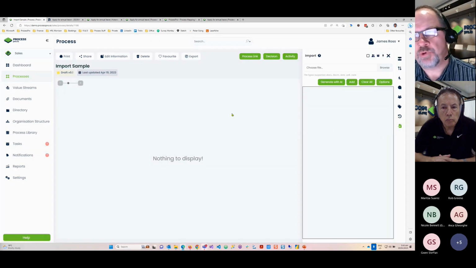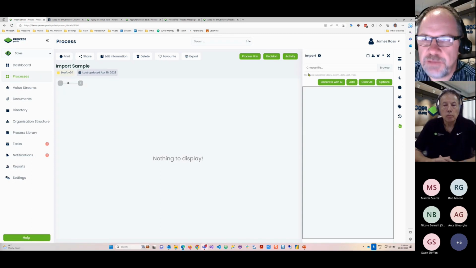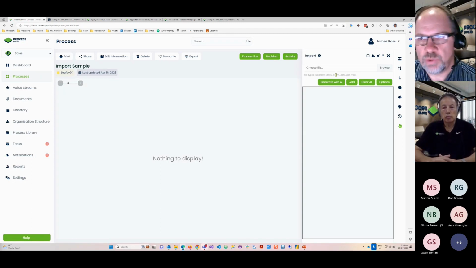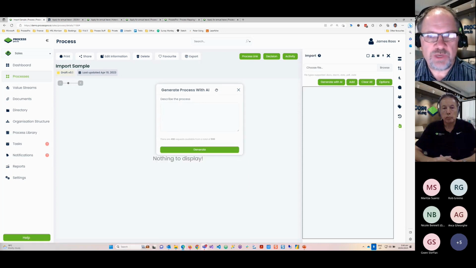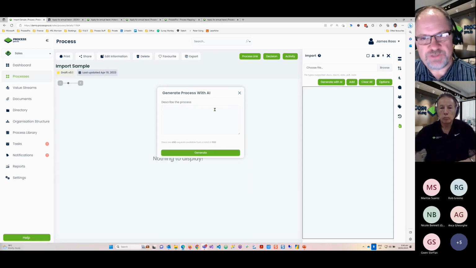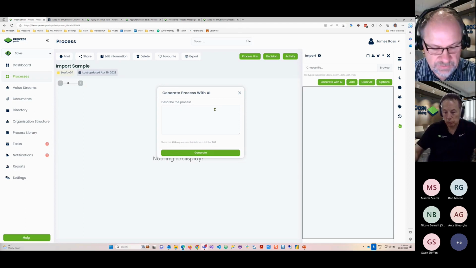So with our import, we've got a few things. You can either import a document, a Word document, a PDF, or a Visio diagram. So you can import any of those. But before I go to the documents, let me just show you a little bit about the generate with AI. So we integrate with ChatGPT. Most of you probably heard about that. And I'm just going to put in here,